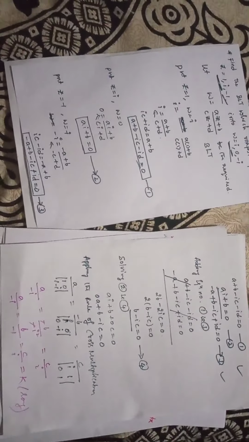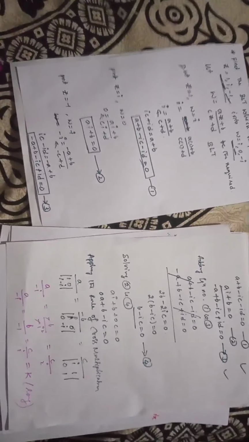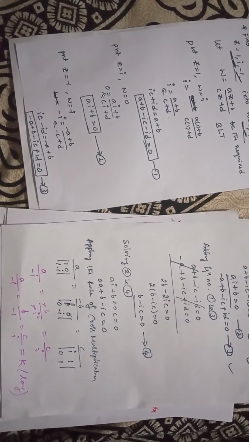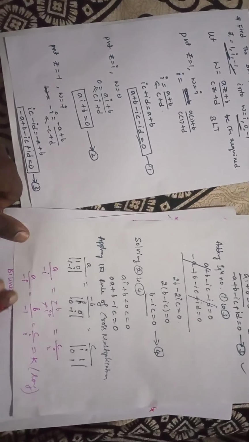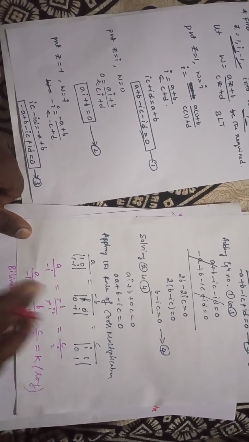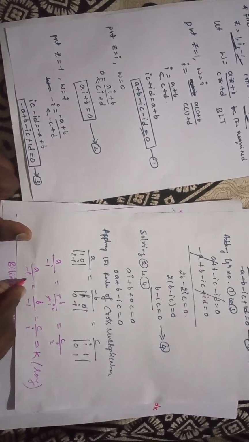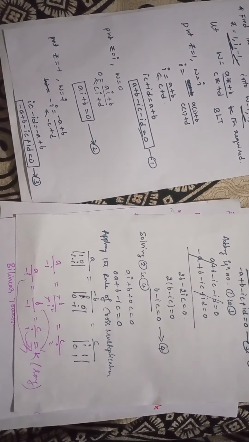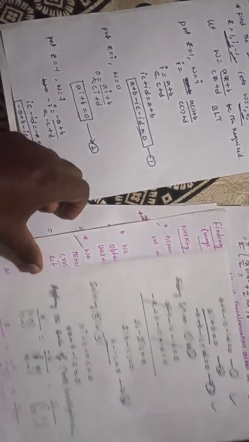Ratio and proportion. We have a property in ratio and proportion. So take this as k. In this, the first ratio is equal to k, the second is also equal to k, the last is also equal to k.